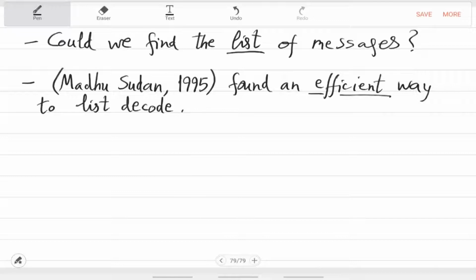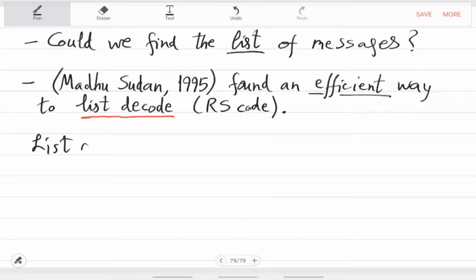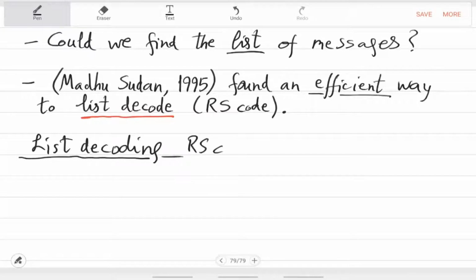Okay, so even this term was a first. So in particular, list decode Reed-Solomon. So this is what we'll see now. So we'll do list decoding for Reed-Solomon. So okay, the setting is as before. So just to recall,